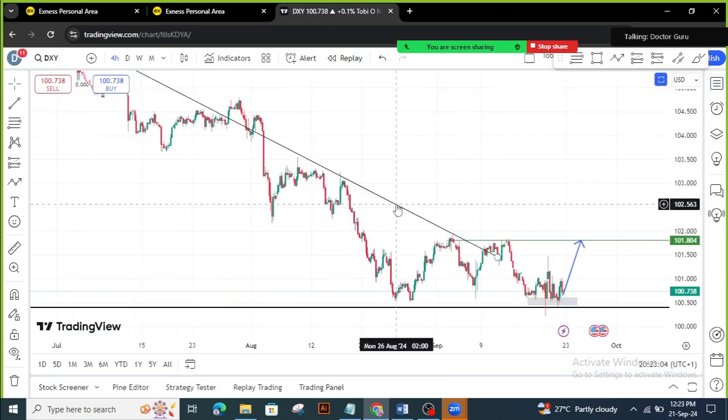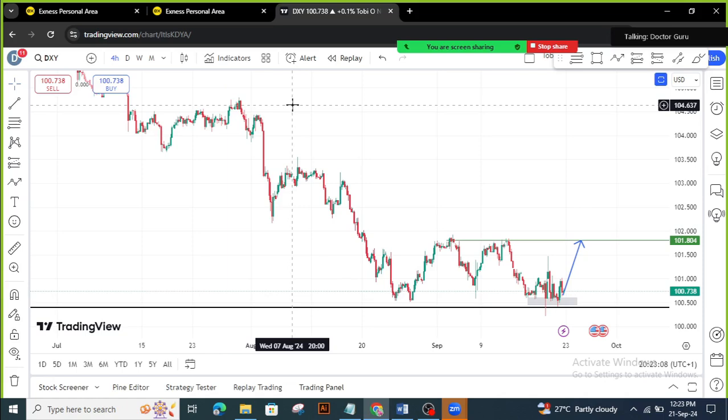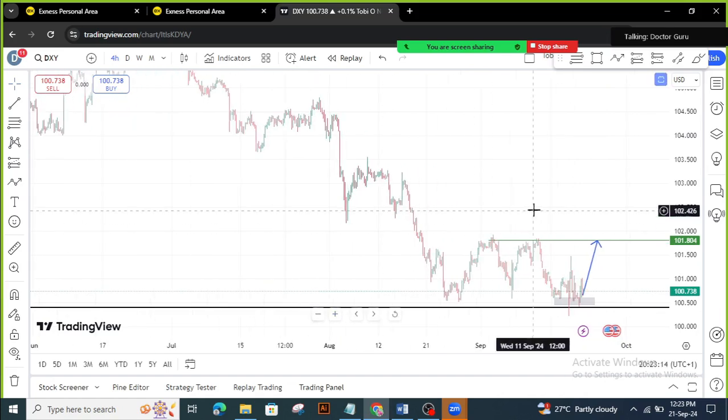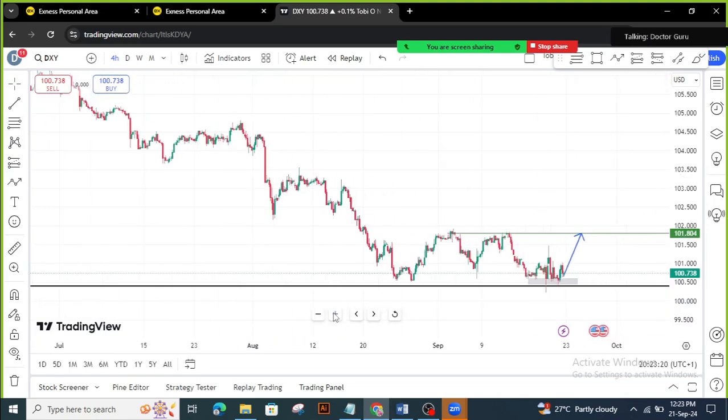I want to know what is happening. I want to know where the value of the dollar is, what DXY is doing. So I had to come to DXY. That was why I put it on the chart, because I also want to show you. Okay, so when I got to DXY, first of all, let's come to the daily time frame so that we can